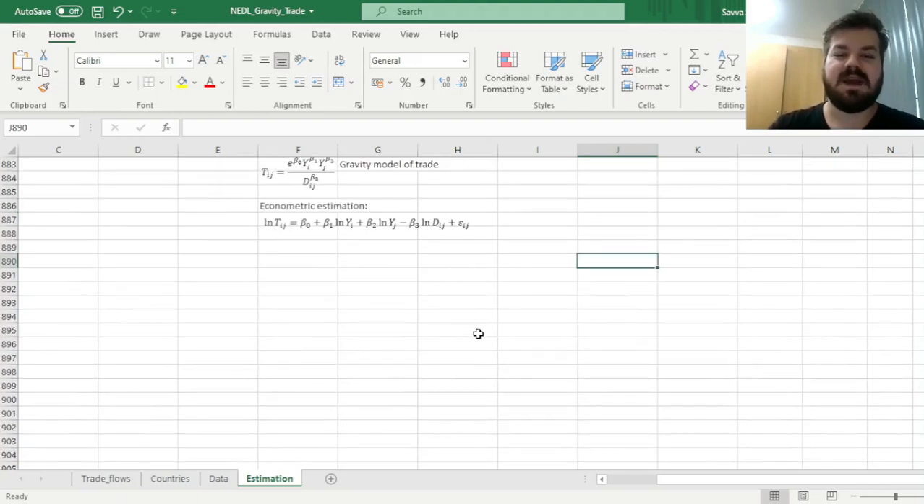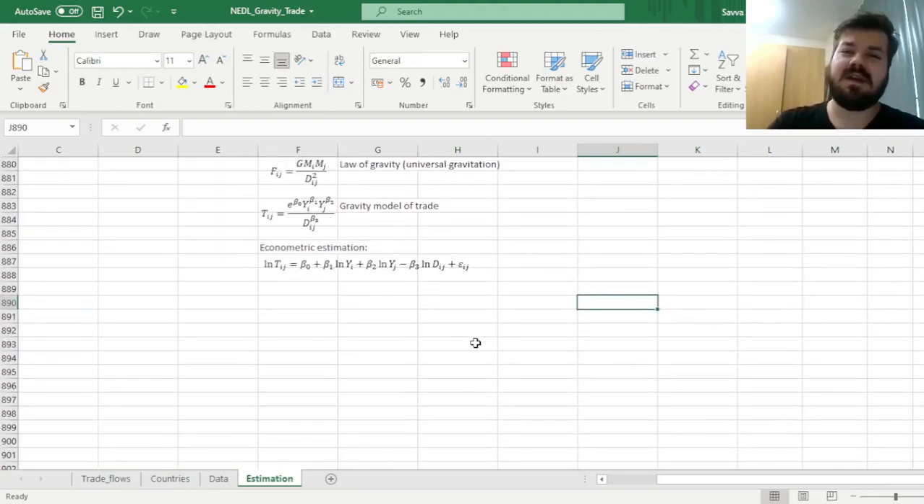My name is Sava, and today we're investigating a very interesting and satisfying concept in international economics and econometrics, that is the gravity model of trade and how you can estimate it yourself in Excel. The gravity model of trade is a very inspired model that borrows heavily from physics, and it has been known,